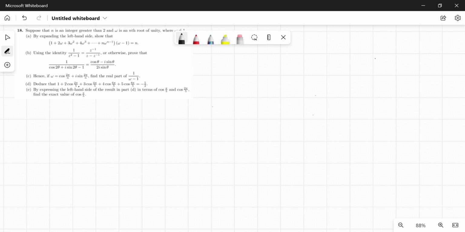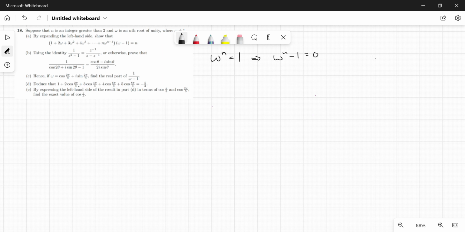All right, so here it does say that W is an nth root of unity. So straight from that, we know, and something not to forget, because often you have to use that, that W to the power of n equals 1, and it does say W is not equal to 1. So remember, when we do expand, if I take that and put it all on one side,